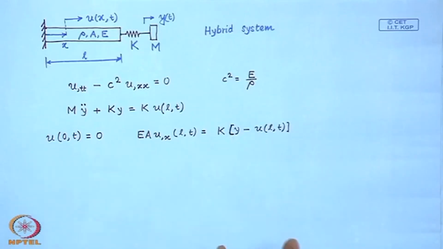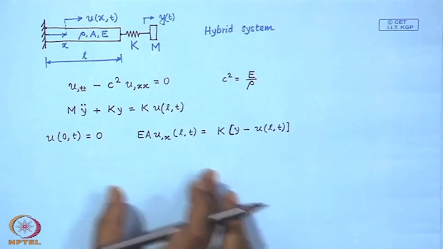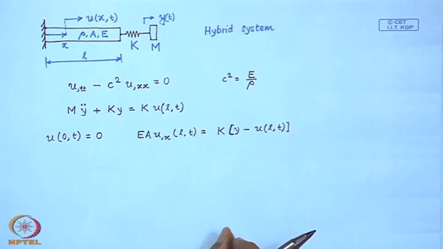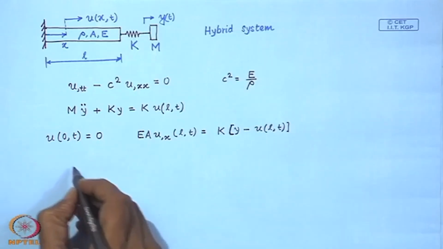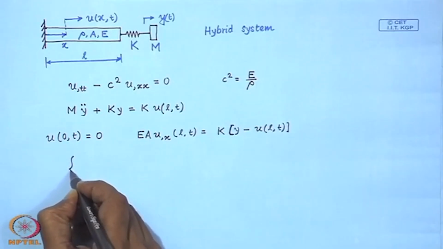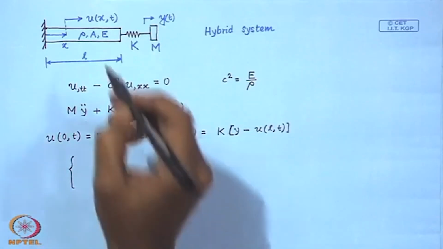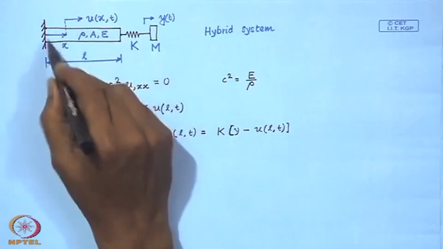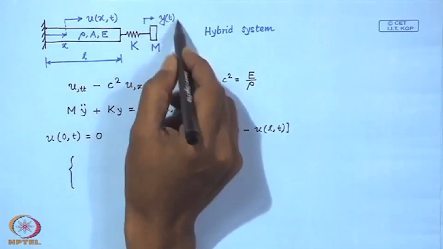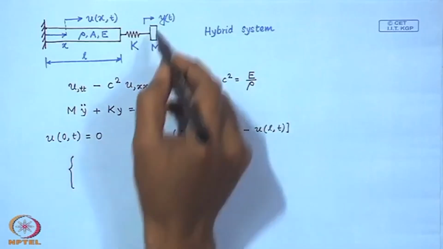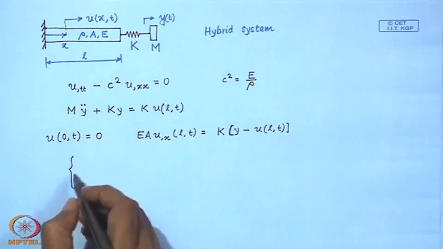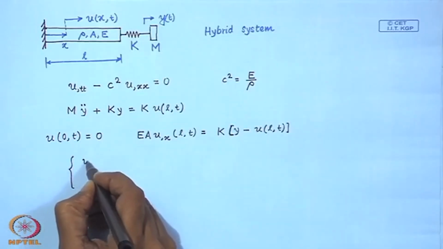So, these are the two boundary conditions for the bar. Now, as I mentioned, this system now has a field variable for the bar and a coordinate of this discrete mass m. So, we can represent